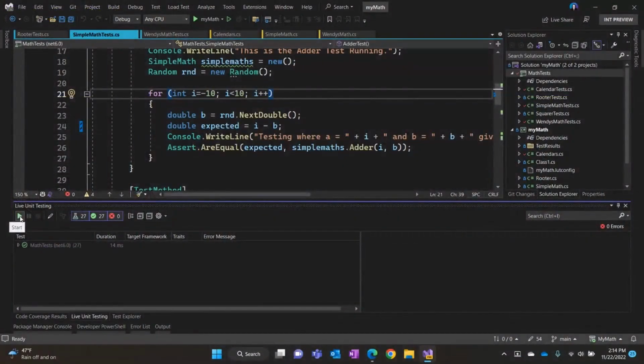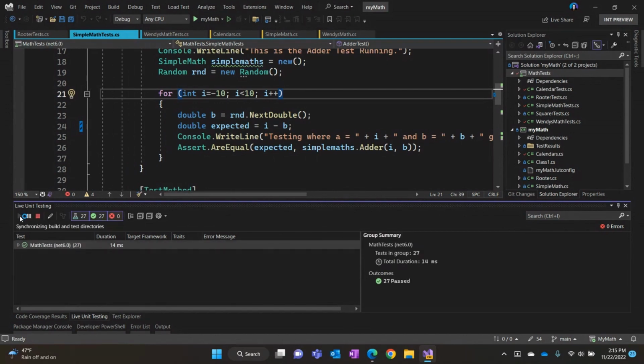Exactly. The last thing I wanted to show, this is an enterprise level feature, but I think it's really, really cool and super helpful, is our live unit testing feature. This allows for your tests to continually run in the background as you are coding. And so you can see what regressions you are introducing while you're coding, which is hugely awesome.